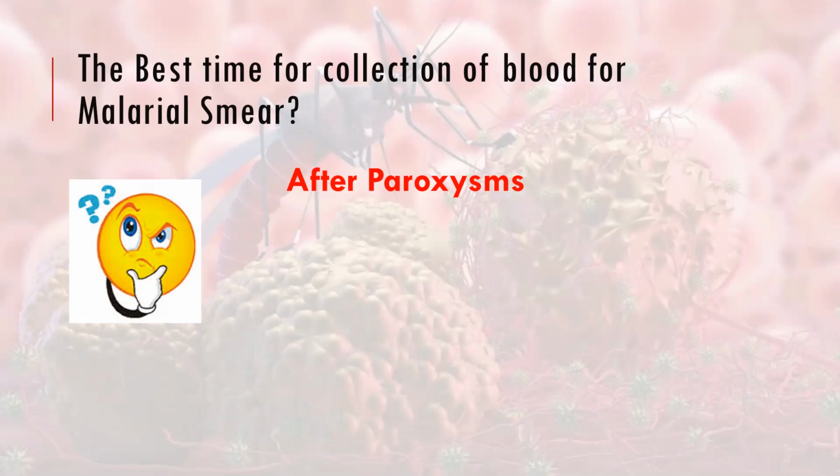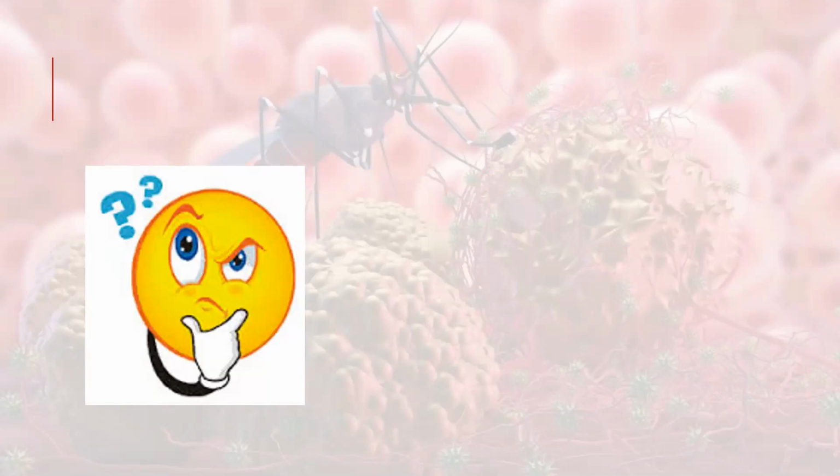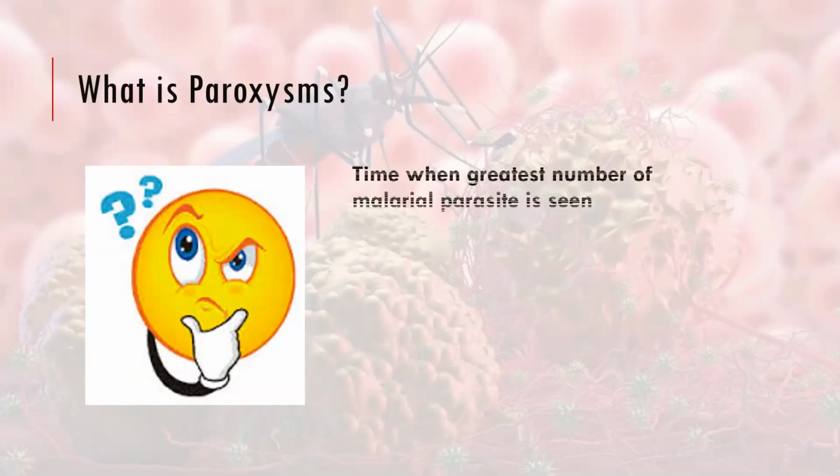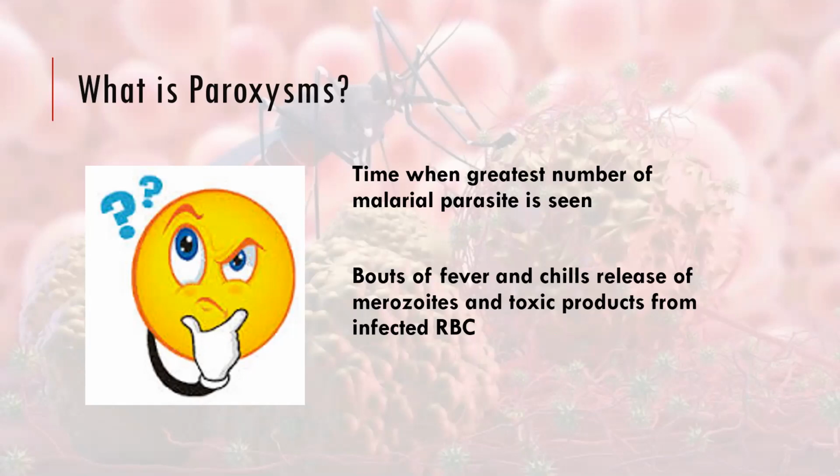That's why the appropriate time of collecting blood for the malarial smear is after paroxysms or during. Kaso ang hirap naman pag during, nag-chills siya doon. After paroxysms, that's the right time. A question, sir, ano ba yung paroxysms na yan? This is an allergic reaction of an individual to the malarial parasite. This is the time when the greatest number of malarial parasites is seen, wherein the patient is experiencing bouts of fever and chills